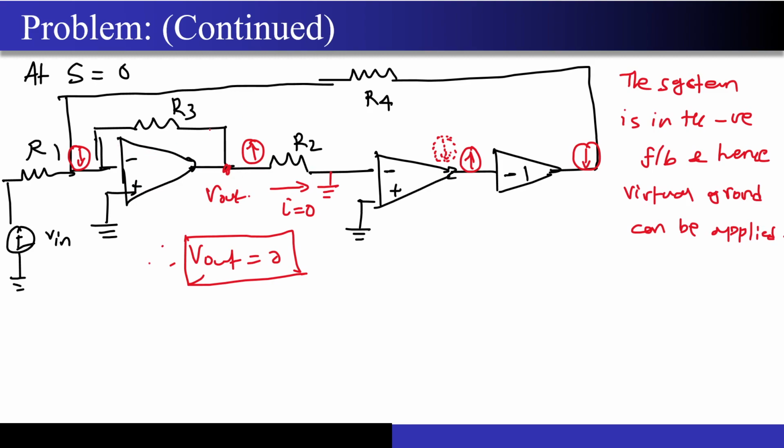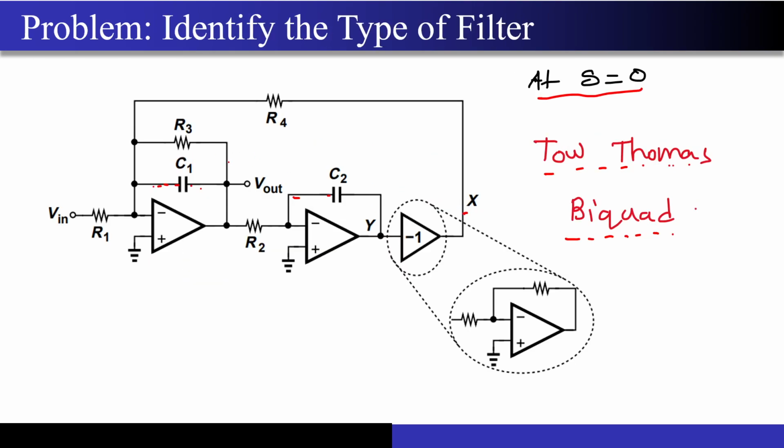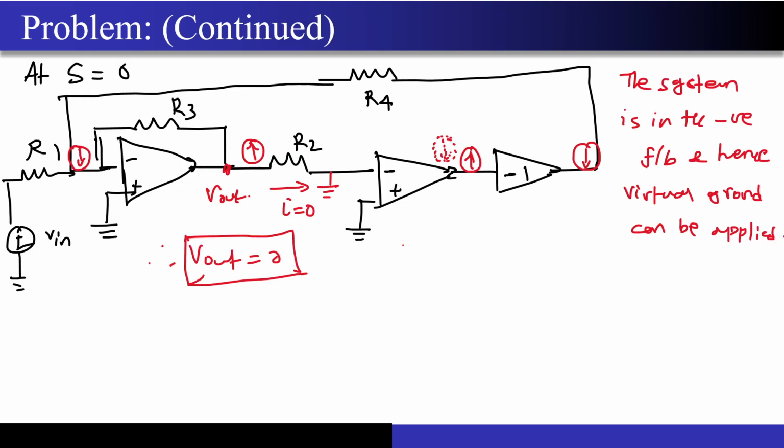Now one thing that we have to do is see where is the Vout taken. Vout is not here. Vout, if you look, the Vout for this particular circuit is actually taken here, and your Vn is actually over here, correct? And now one interesting thing about this circuit is if you take the output over here, the response changes. If you take the output over here, the response will be a little bit different, correct? The nature of the response actually changes. So now let's try to work out at S equal to 0 what my Vout will be, correct?